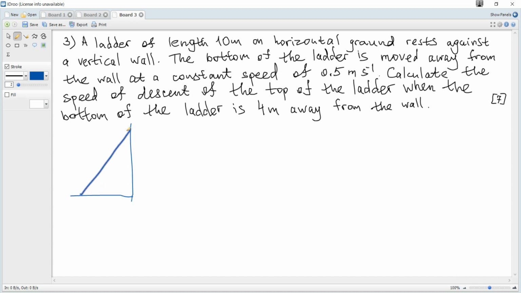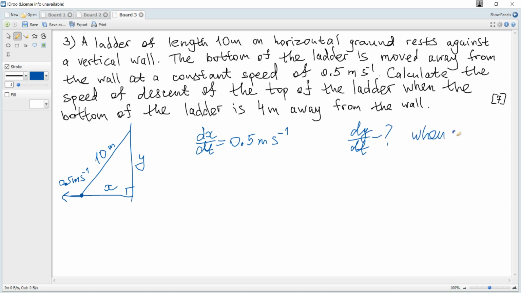A ladder, and this end moves with a constant speed of 0.5 meters per second. Let this distance be x and this distance be y, and we can see that there is a right angle triangle. And it is given that dx over dt is equal to 0.5 meters per second. It's positive because x is increasing and we need dy dt